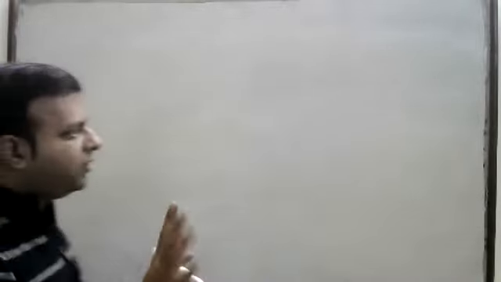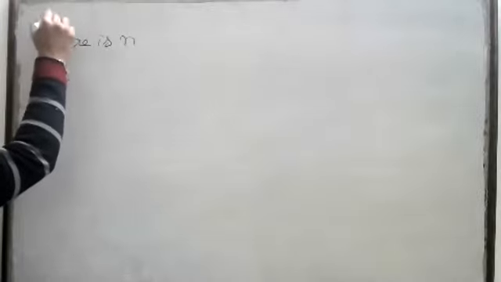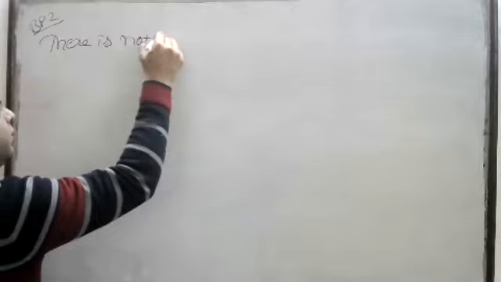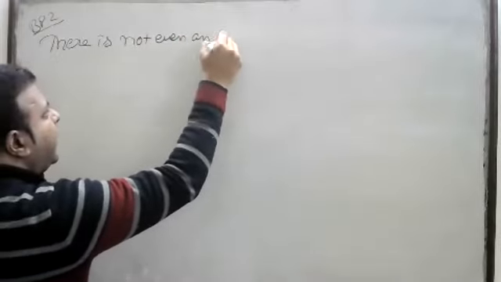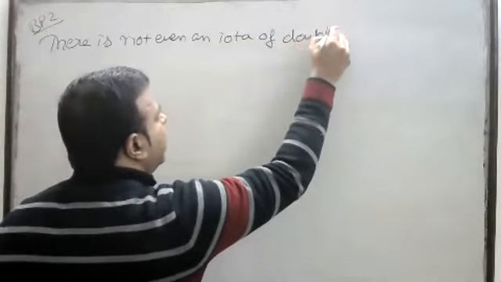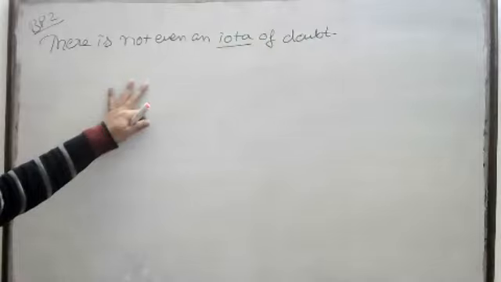Now we are not going to write "on the other hand" or something, right? Because it is directly asked causes and effects. So no "on the other hand", we will start from "there is". Now this is your body paragraph 2. There is not even an iota of doubt. Iota means very small, right? So there is not even an iota of doubt